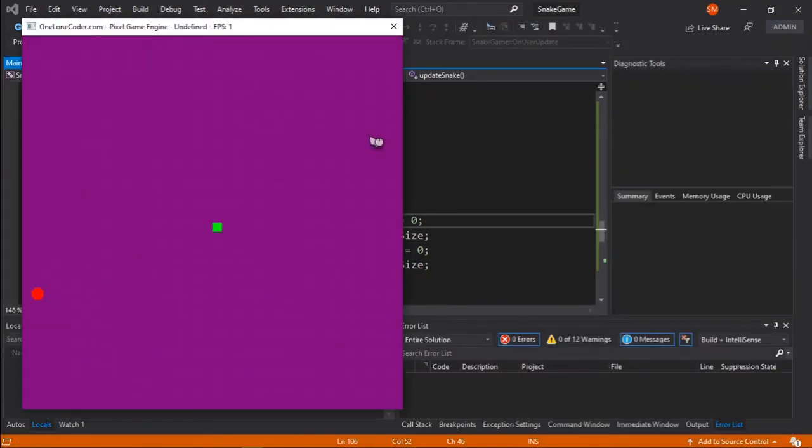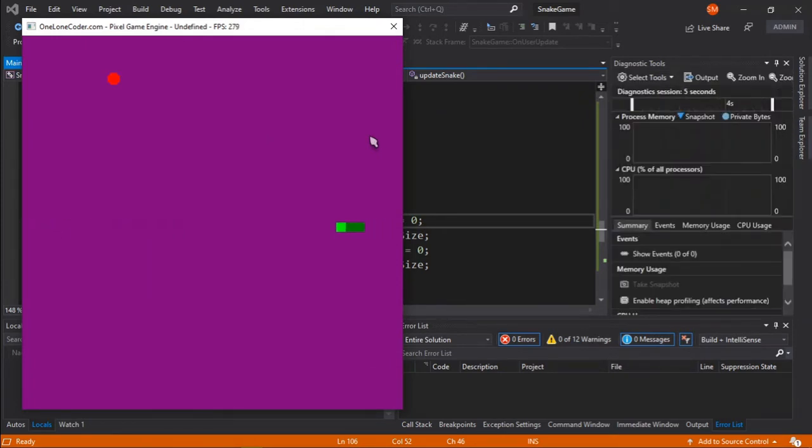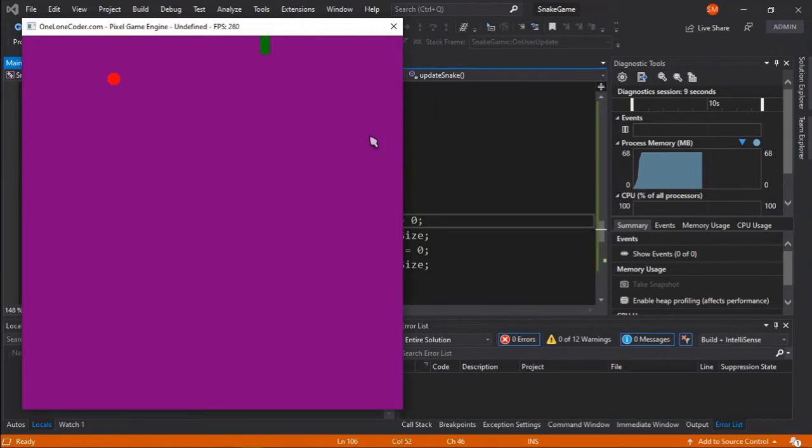Well, these kinds of tweaks always happen, so you don't need to be so cautious about it. So this part is working fine, this part is working fine, this part is working fine, and finally this part is working fine. Now as you can see, we can just change the direction like this, but in a real snake game you cannot go in the opposite direction just by pressing the opposite direction key.